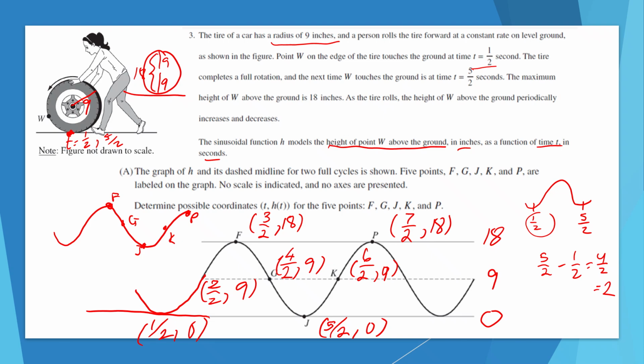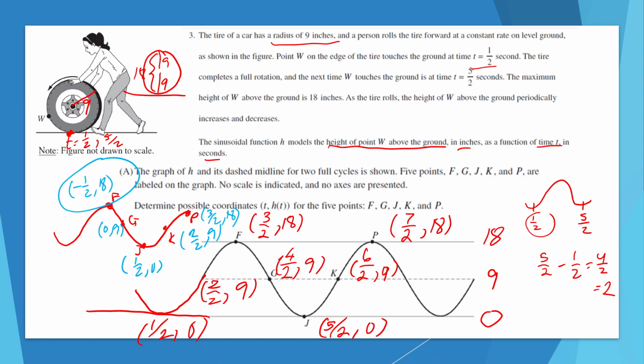If I wanted to, I could actually start J at 1/2 comma 0. This then would be 0 comma 9. This would then be negative 1/2 comma 18. This would be 2 over 2 comma 9, and then P would be 3 over 2 comma 18. Here you would have a negative x coordinate, but those 5 points would also be accepted in your answer. So there's multiple different answers that you could have, but those are going to be the 2 most common ones